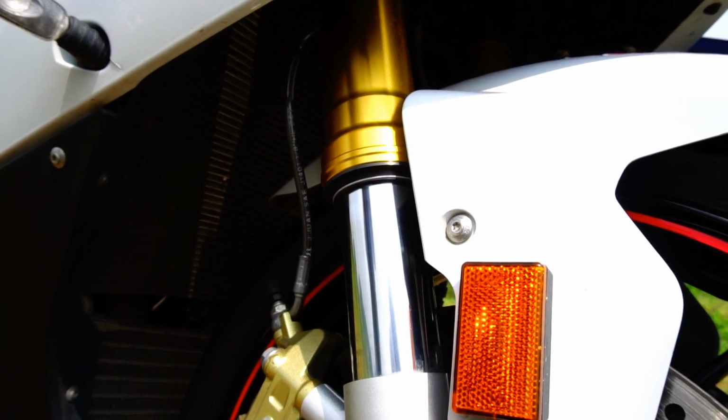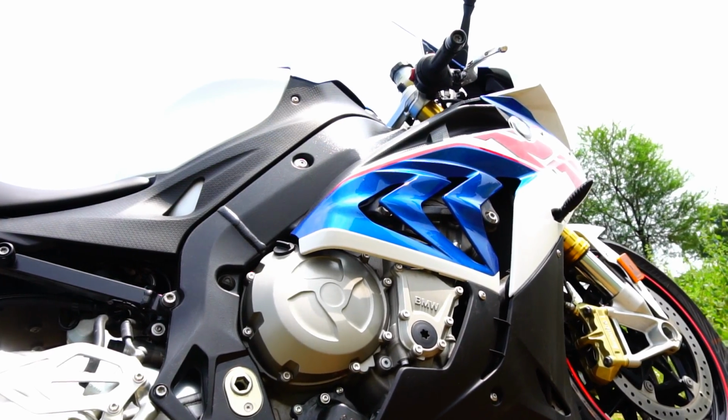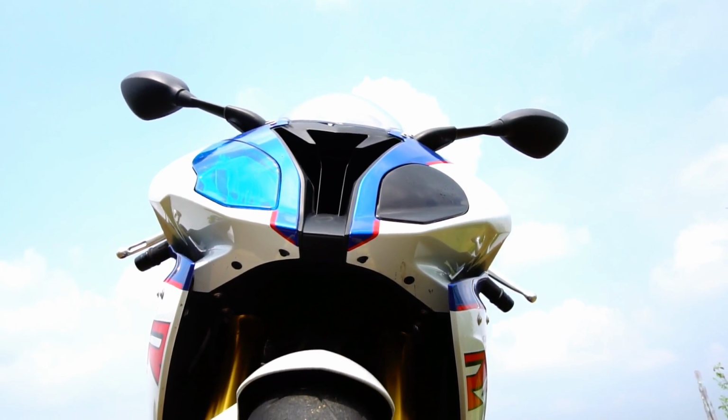So far, among all the bikes that I've ridden, the Busa gave me the best feel and experience. But as I swung my leg over this ballistic beauty from BMW, I knew that this is going to become